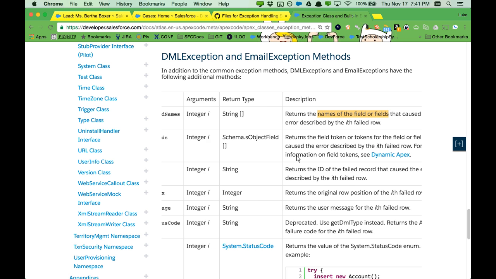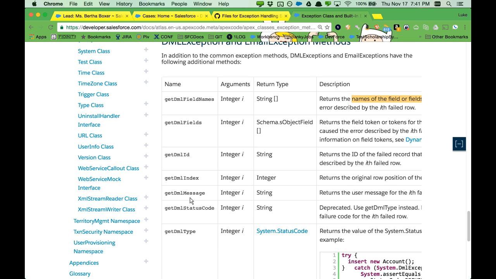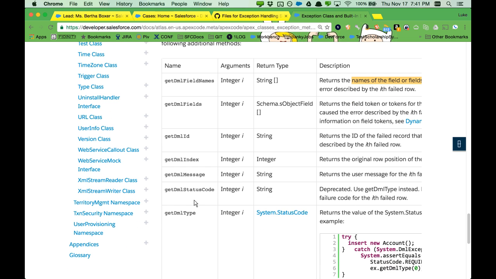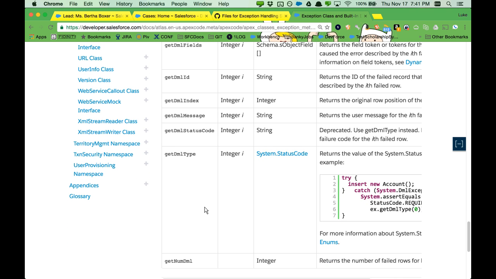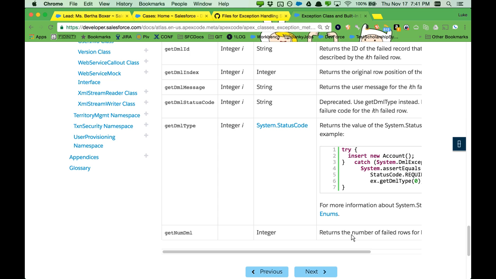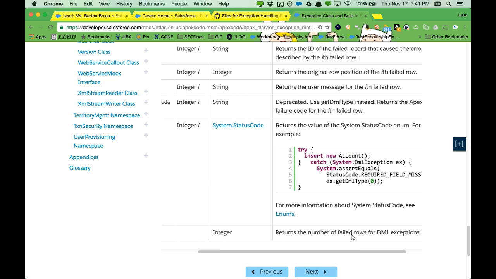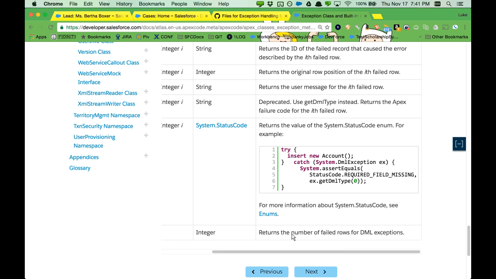It can return specific messages about the DML type, such as insert versus updates. And it can also tell you the number of records that were also in this particular transaction. So if you were uploading 1,000 records through the data loader, and only one of them actually had a first name that was too long to fit in the first name field, this is going to tell you how many